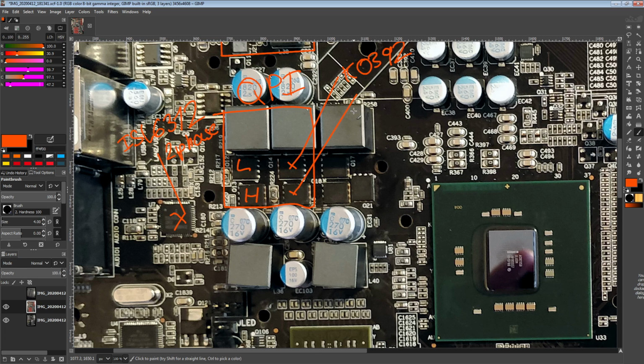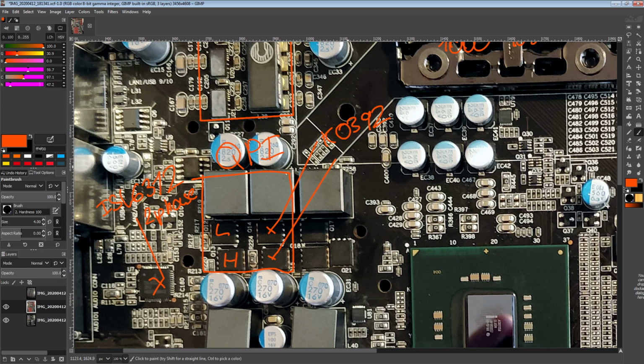I don't even know why they don't swap them out for slightly lower RDS on low side MOSFETs. It's not like there's a huge cost difference as far as I can tell, at least looking at third-party resellers. Obviously the manufacturers buy directly from the MOSFET manufacturers, so the pricing is going to be different for motherboard makers than for me trying to check component prices. Anyway, for the high side, we're looking at a K03B